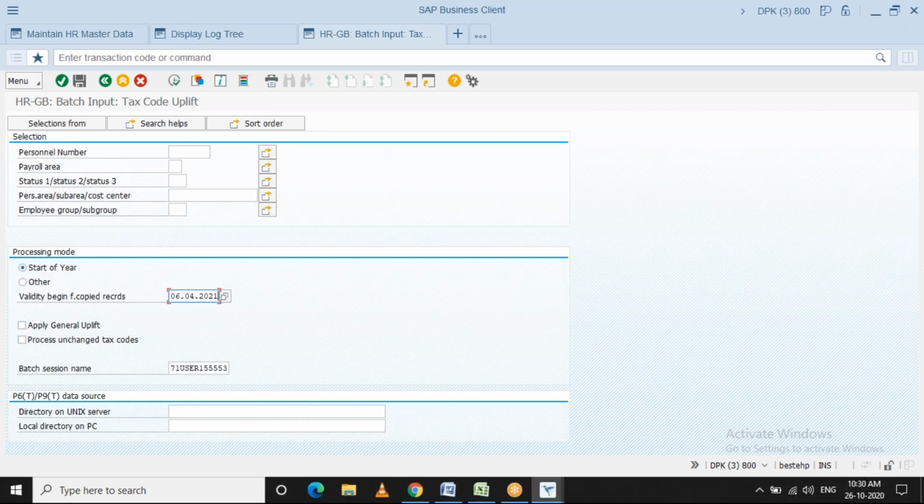What this program does is read the employee's tax code from info type 65, increase the tax code by whatever points they have given, and create a new record effective 6th of April 2020 or 2021, whatever the following year is.